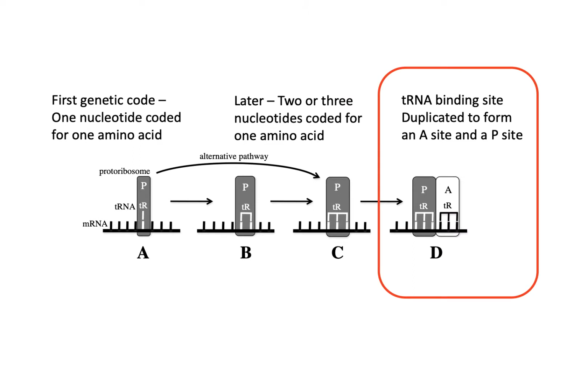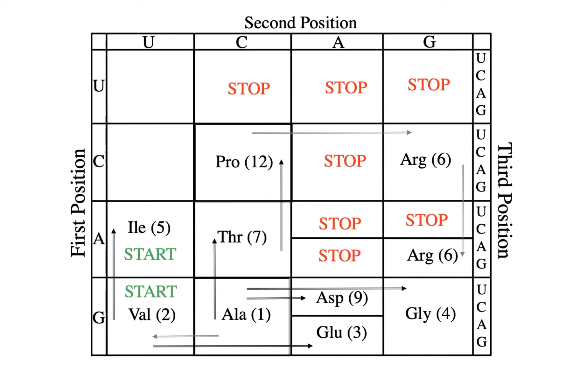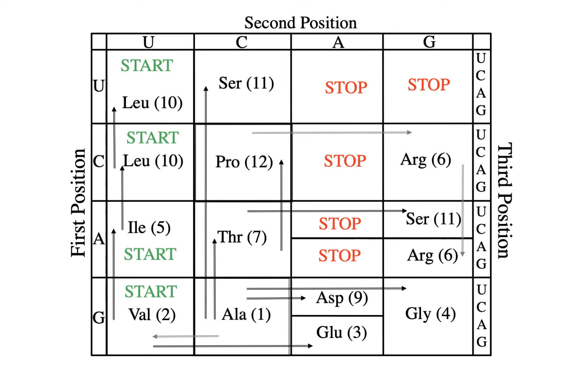But ultimately, a triplet codon was developed, and the P site expanded to a P and an A site, so that then there were 2 tRNAs next to one another, increasing the efficiency of joining those 2 amino acids together by their peptide bond. So next, it would proceed from here to here, where more of the amino acids are added, including